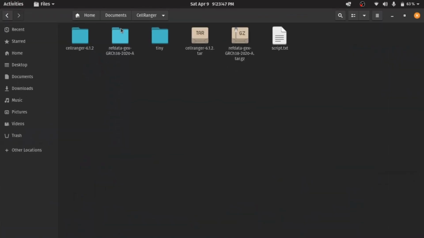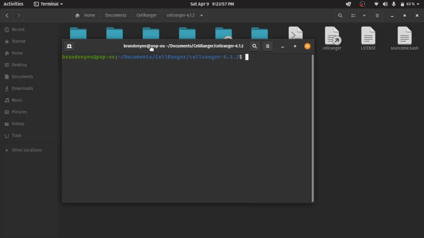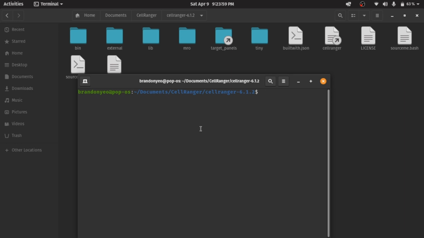Here, you go to the Read10x website, download the tarball, unzip the tarball into a folder, go to the folder, right click, and open it in terminal. Then type this in to make the file executable, otherwise the permission wouldn't allow you to do so, and then you can just go ahead and run the test with this